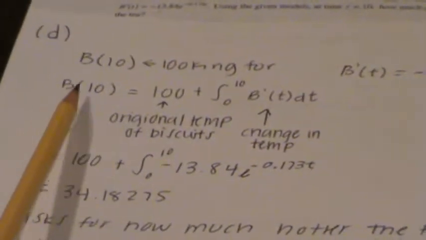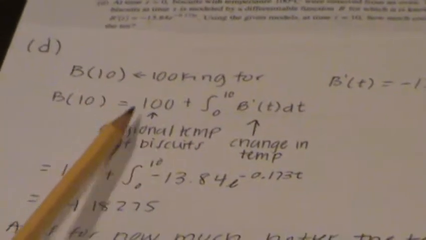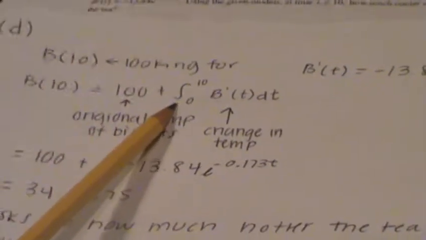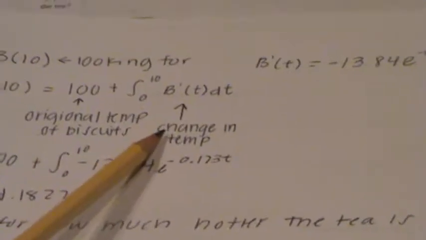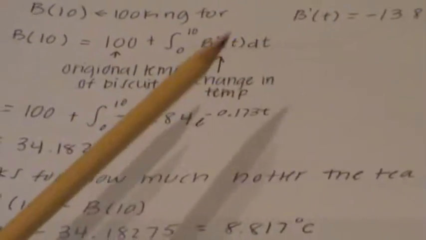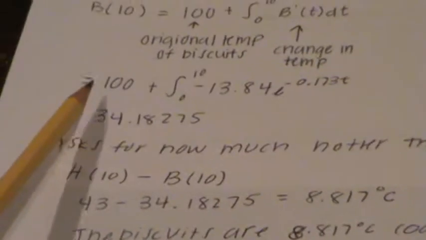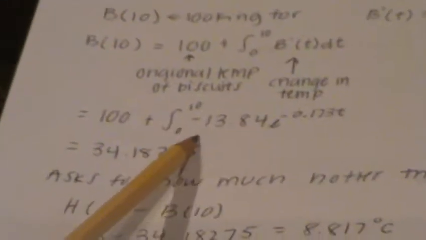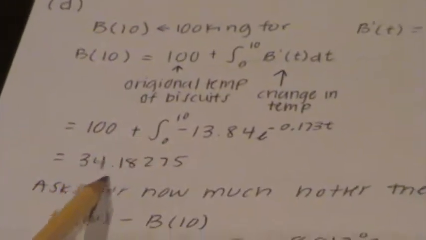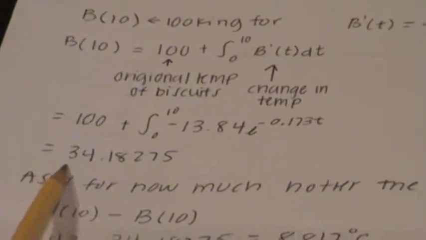So B of 10 equals 100, because that's the original temperature of the biscuits, plus the integral from 0 to 10 of B prime of t dt, which would give you the total change in the temperature from 0 to 10 minutes. So you get 100 plus the integral of 0 to 10 of B prime of t, which is this, and solved it equals